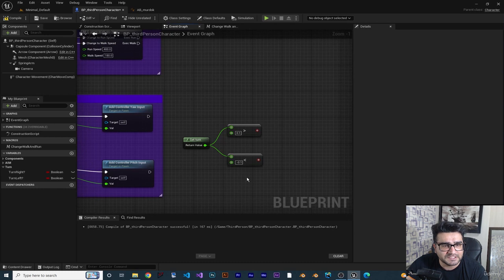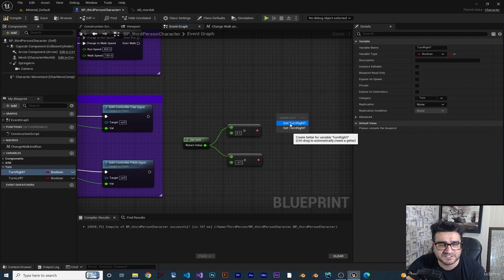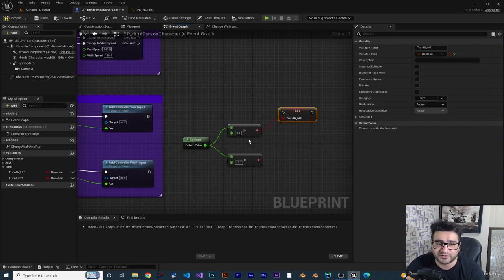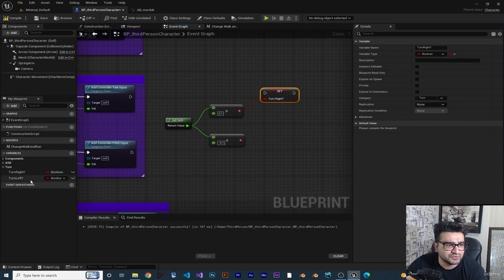In here, if the turn value that we get is more than 0.1, we want this variable to be true. So let's set it in here. Now we set turn right if the value of turn is more than 0.1. Let's do it for turn left as well. Put it here, set it in here, and with this value. Now we